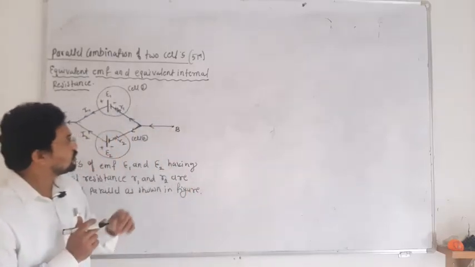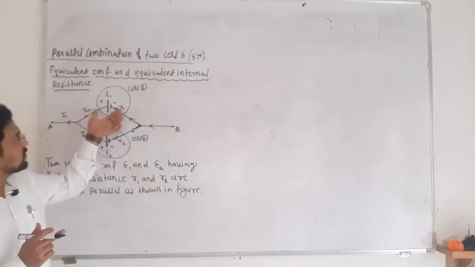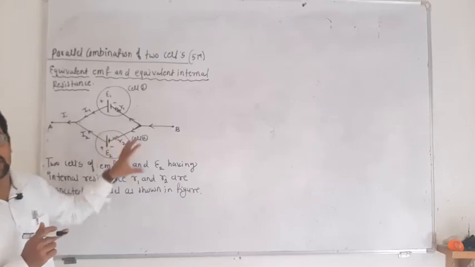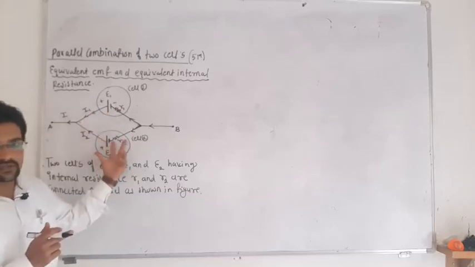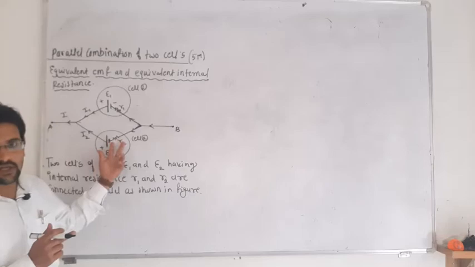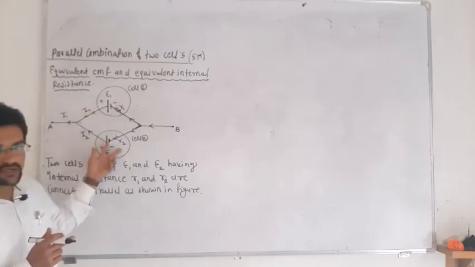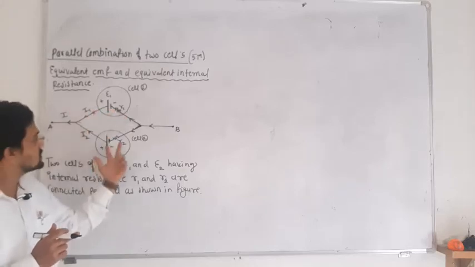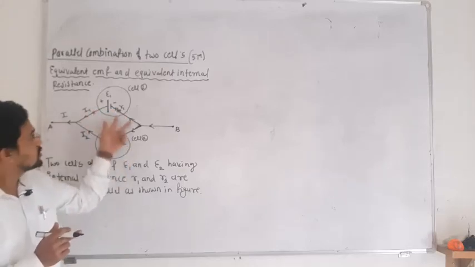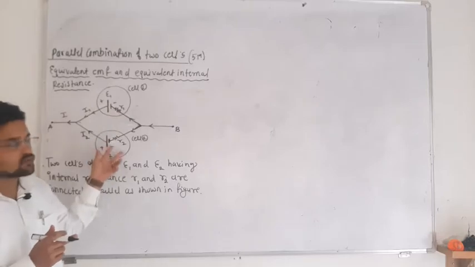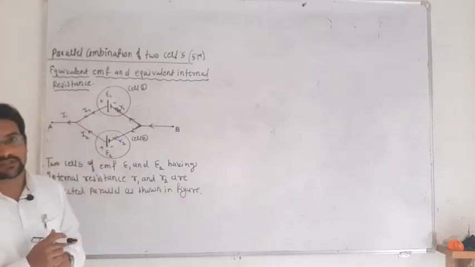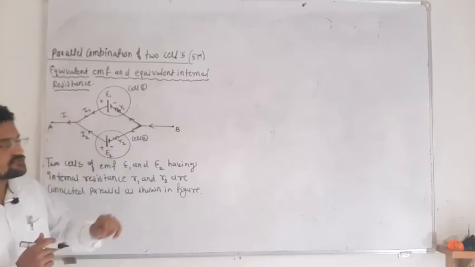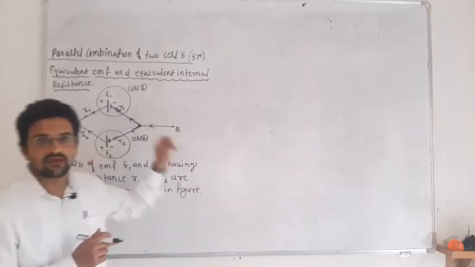In the same way, what will be the EMF of the two cells when you connect them in series or parallel? What is their equivalent resistance, R, and the internal resistance, small r? If one cell has internal resistance R1 and the other has internal resistance R2, and you connect them in parallel or series, what is the total effective resistance or total effective EMF of the two cells?